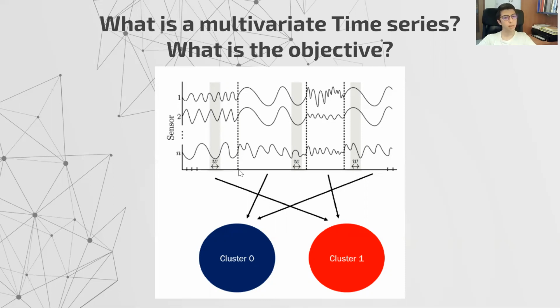So to make an example, in this case, I don't know if you can see my pointer, but yes, the first window in this example is between time 0 and the first dotted line, and the point is the merge of these n sensor signals. So this is one point in my space, and so